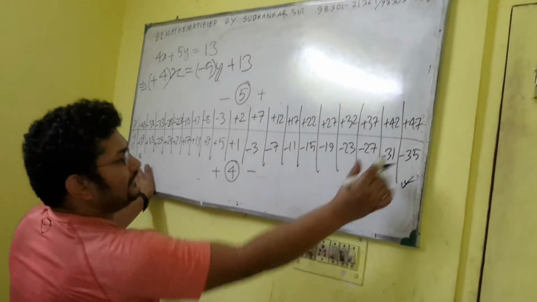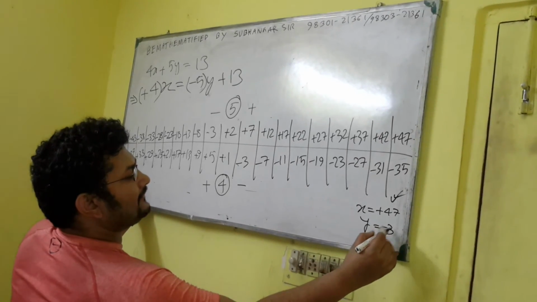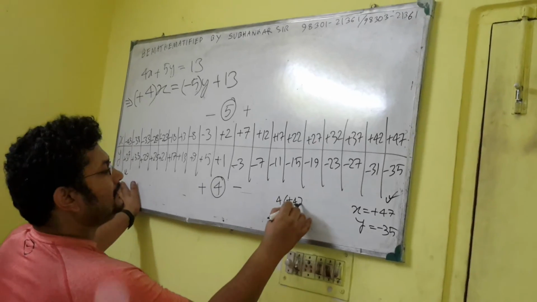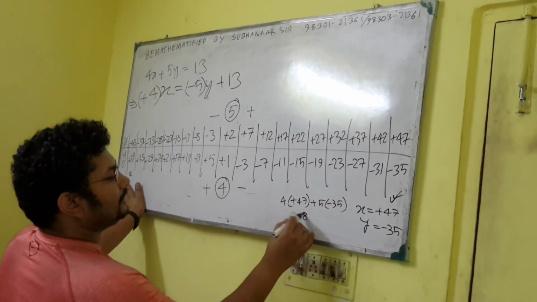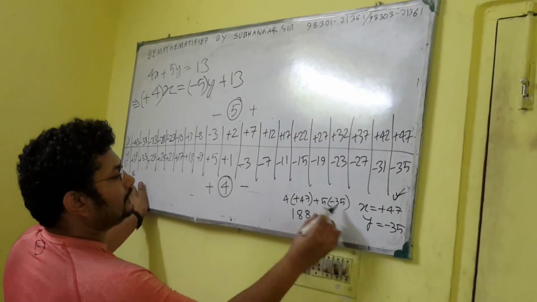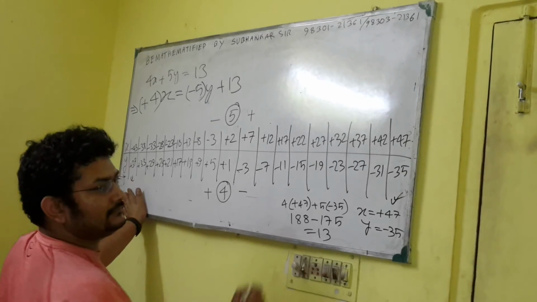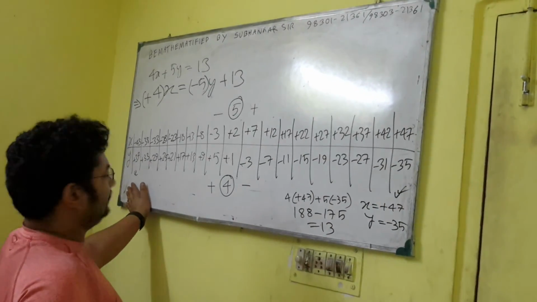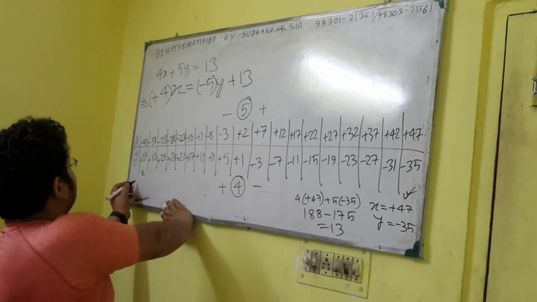So let's see. If I take x equal to plus 47 and y equal to minus 35, let's see what happens. 4 into plus 47 plus 5 into minus 35. Yes, it is coming 13. So if I am getting this correct, all these must be correct. And similarly here, if I put x equal to minus 43, it will be something like